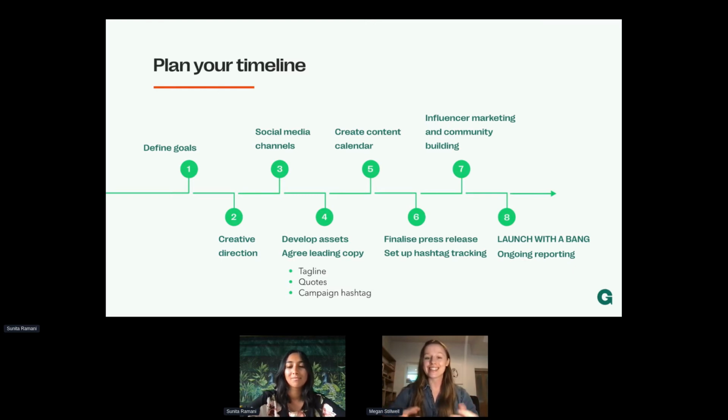And then this is the really exciting bit. You get to launch your bang moment, and this is where your campaign will actually come together. But it's important to remember the really nerdy bit of reporting and analytics. Make sure that you check out your reporting and analytics, make sure it's all set up for your launch of your bang moment. That way you'll be able to learn for future campaigns.